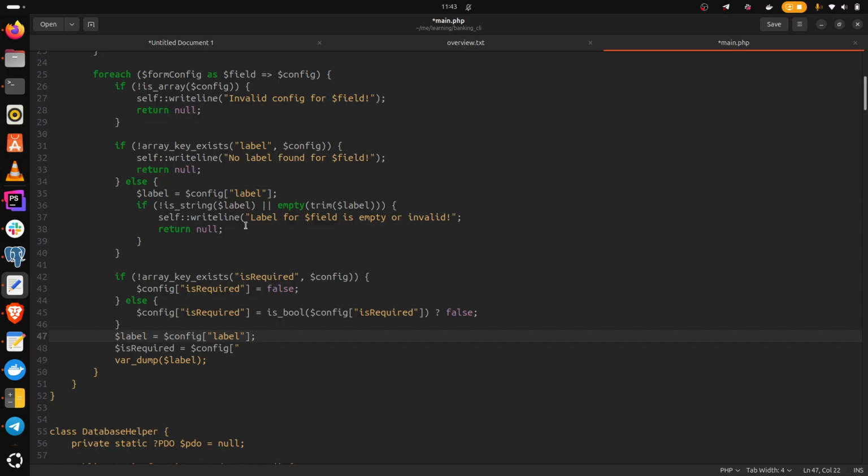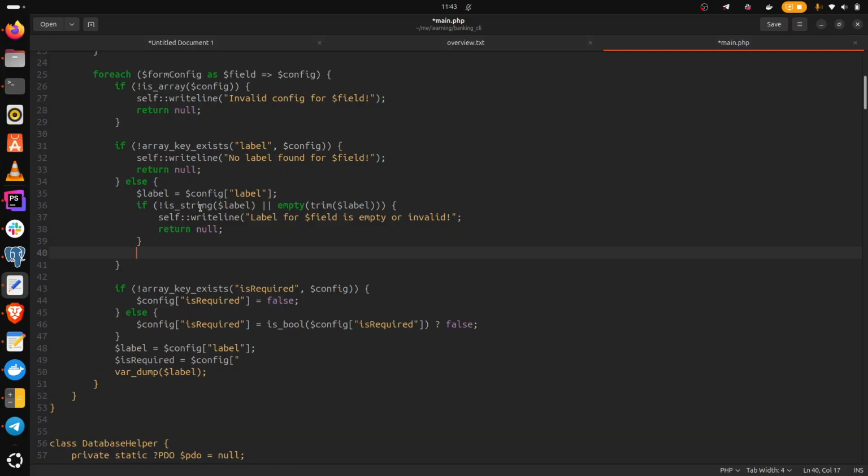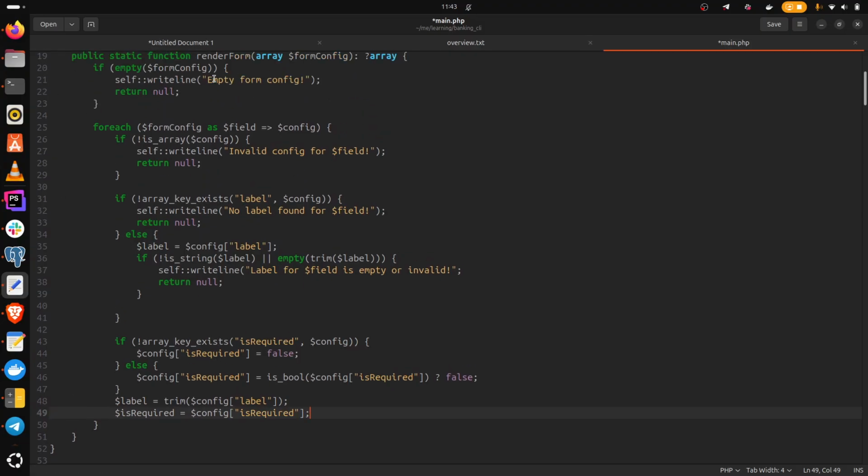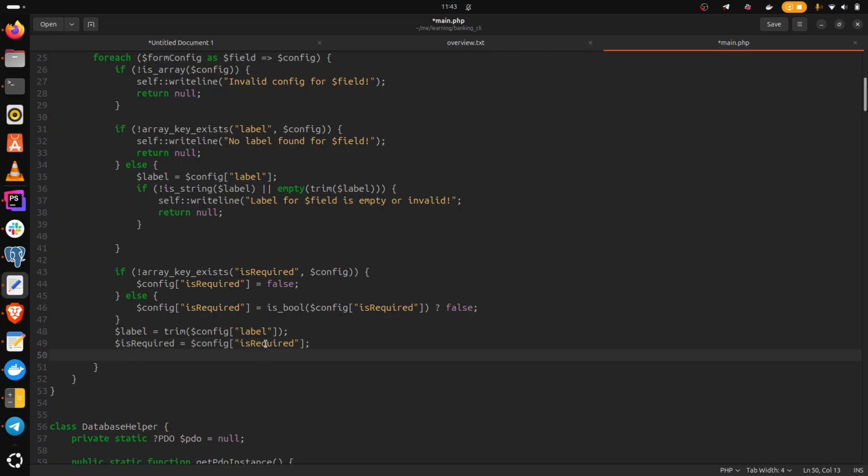Yeah, I might want to trim it just to be sure. We don't have any unnecessary values, so we could say, let's do the trim here again just to be sure. Yeah, so it's required, right. Right, so with this we are sure of our configuration, and so once we do that, we could store it